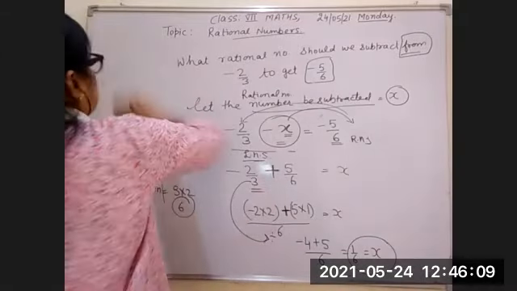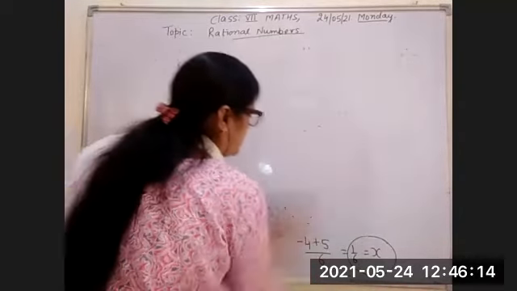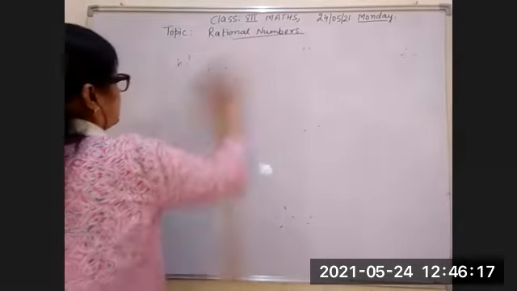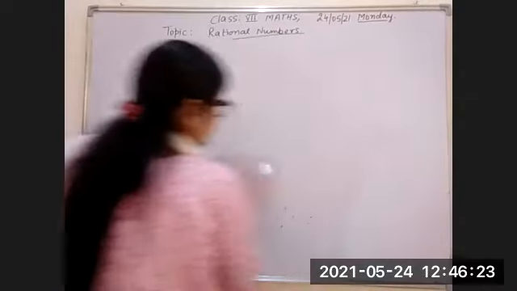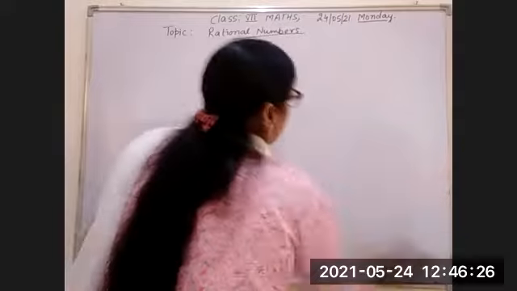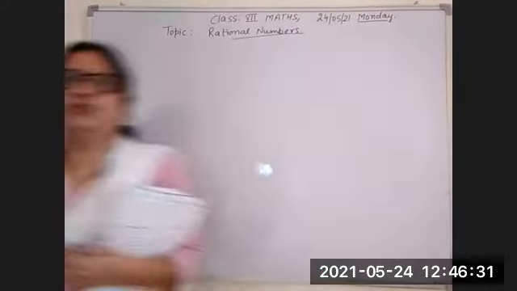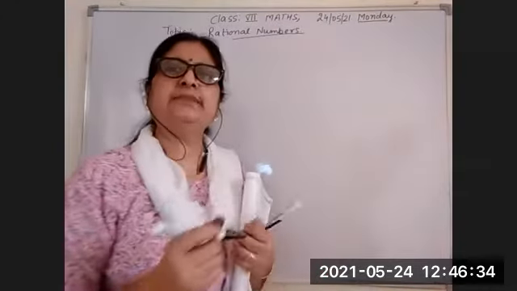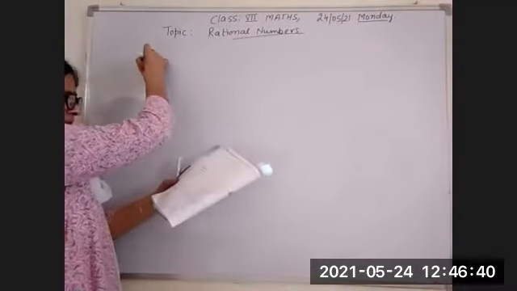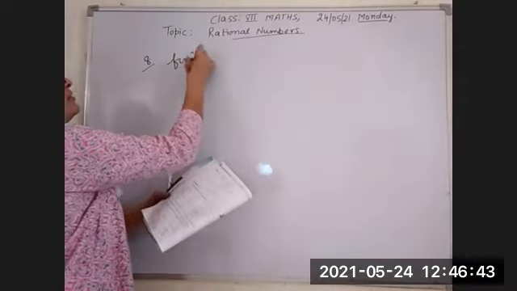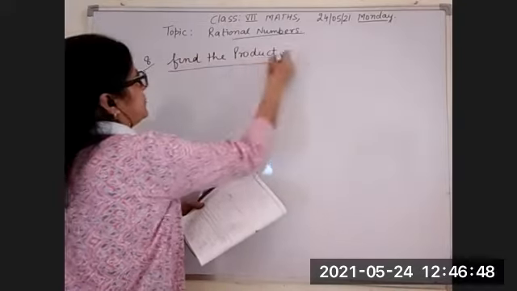Now our next topic in rational numbers, addition and subtraction, is over. Our next topic is how to multiply the rational number and how to divide the rational number. Already in the fraction chapter, I told you how to divide and how to multiply. But again, I am telling you how to find the product, how to multiply rational numbers. Product also means multiplication. Do the multiplication. Find the product.